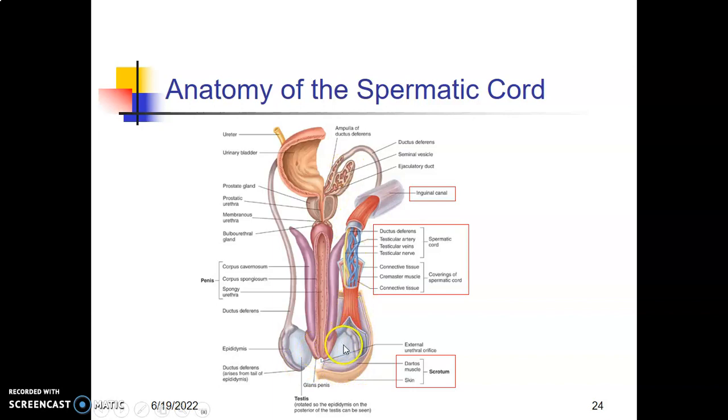So from the testis, you have your epididymis, head, and tail, before you get to the vas deferens. The vas deferens is a constituent of the spermatic cord, which passes through the superficial ring, through the inguinal canal, to the deep ring. Then posteriorly, the vas deferens joins the seminal vesicle to form the ejaculatory duct. So all the ejaculate will now be released through the prostatic urethra, the membranous urethra, and out of the male